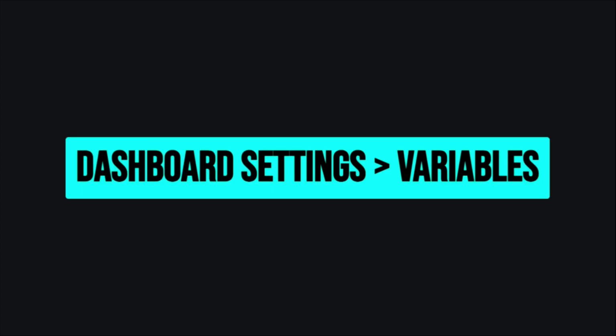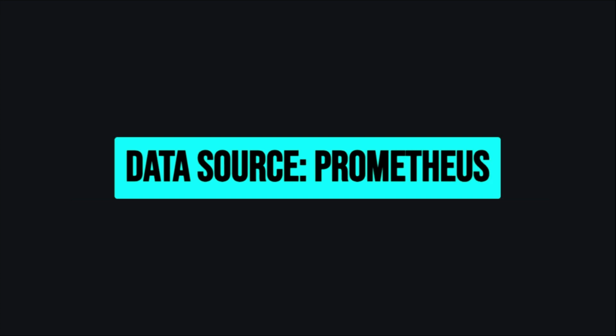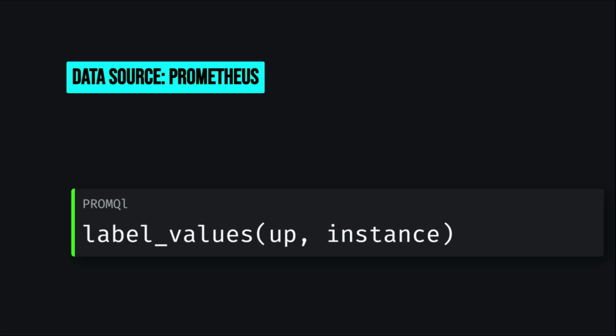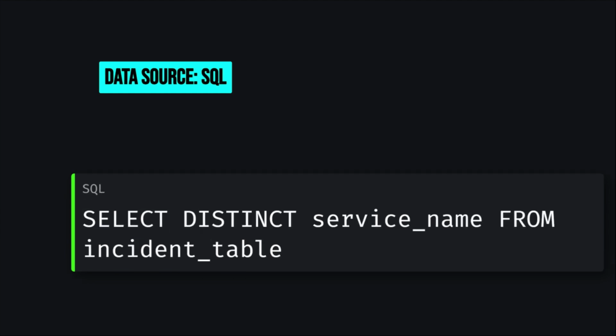To implement a query variable, navigate to Dashboard Settings, then Variables, and select Add Variable. The critical step is defining the data source and the query itself. For Prometheus, use the label_values function, for example, label_values(up, instance), to retrieve all unique instance labels from the up metric. For SQL data sources, the syntax is a standard select distinct statement, such as select distinct service_name